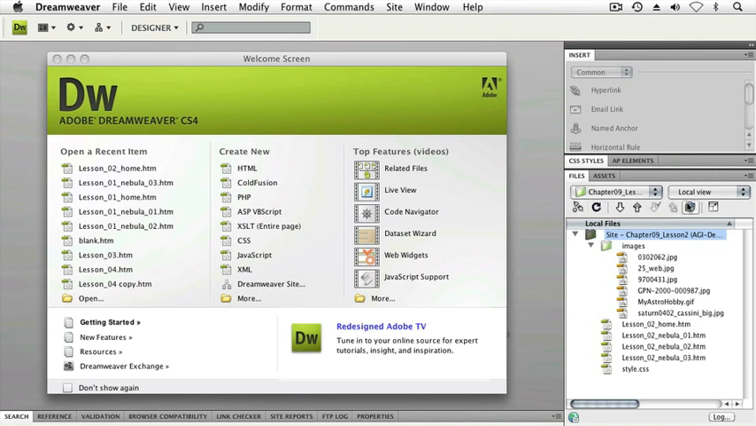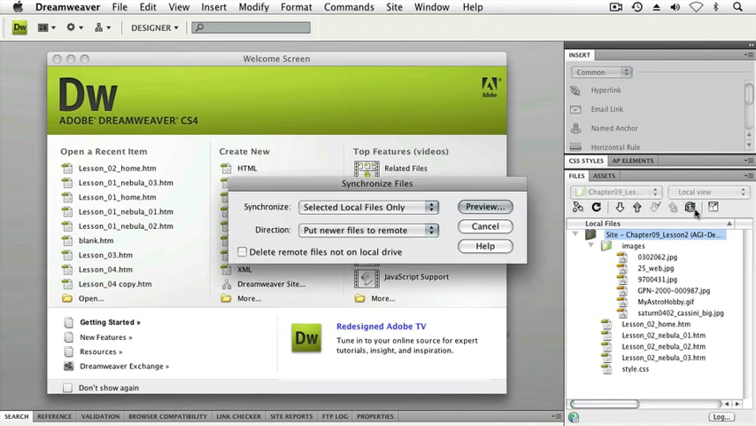Also, there's a button called Synchronize. If I click on that button, it presents me with a dialog that allows me to tell Dreamweaver how I wish Dreamweaver to go about transferring files from my remote copy to my local copy and from my local copy to my remote copy. Dreamweaver does this by keeping track for you of who updated what file and when. This is referred to as the site cache,